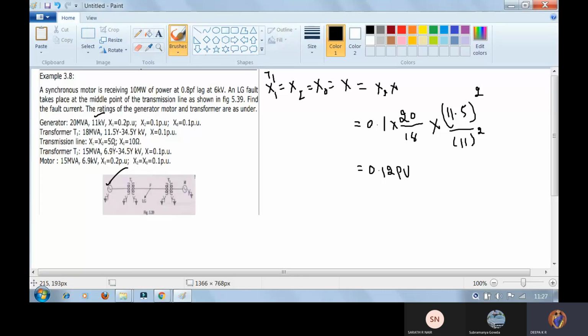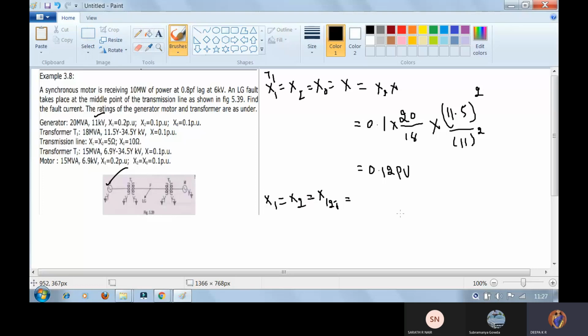So next to the transformer, what do we have? We have a transmission line. Can you observe something here? Here also there is a speciality: X1, X2 is common and X0 is separate. So instead of calculating X1, X2, X0 individually, we are reducing it by one step because X1 is equal to X2. So you can write it as X12t. 12t is representing the transmission line.